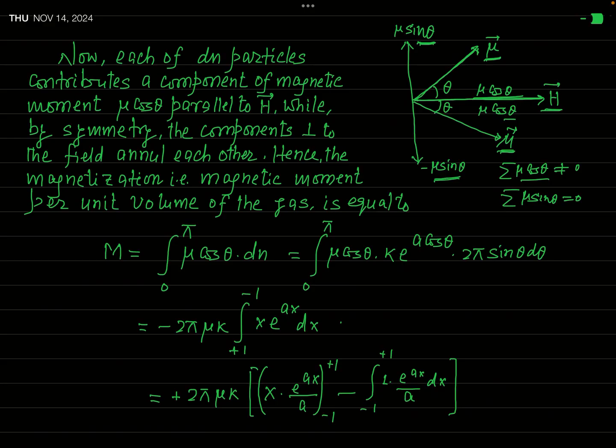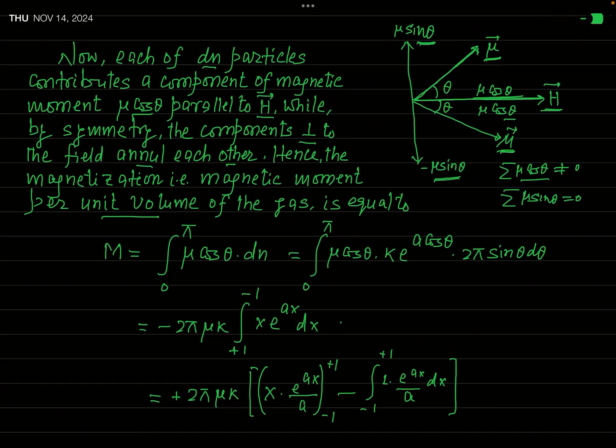So I have written here, each of dn particles contributes a component of magnetic moment μ cos θ parallel to H, while by symmetry the components perpendicular to the field annul each other. Annul each other means cancel each other. And hence the magnetization, that is the magnetic moment per unit volume of the gas, will be found